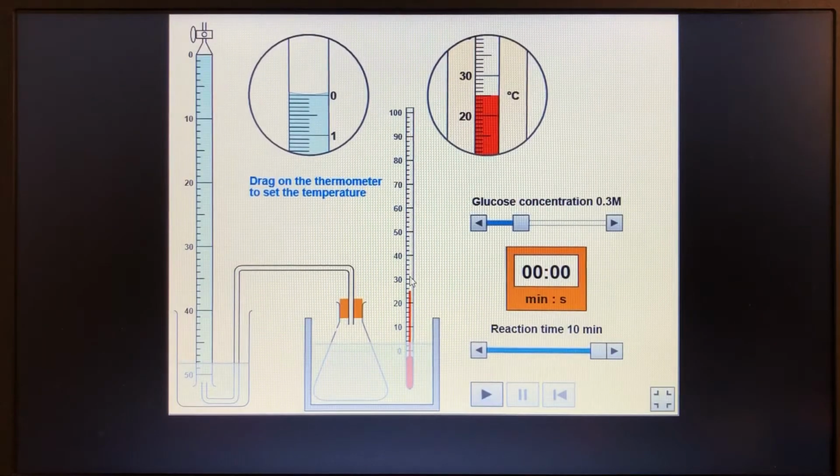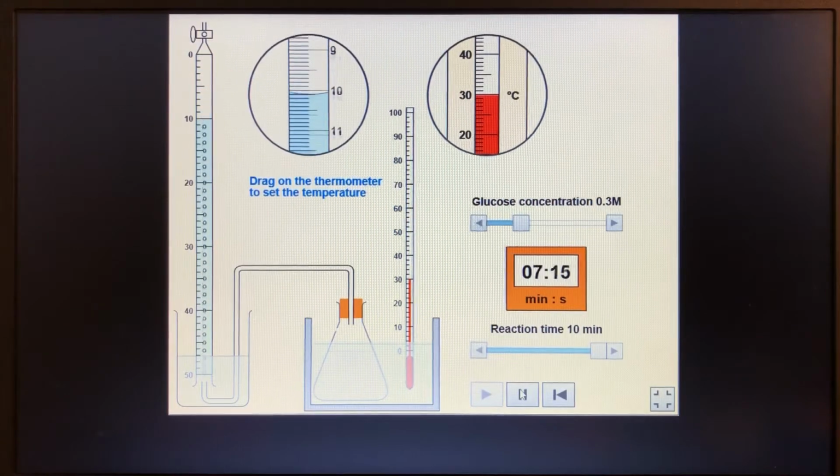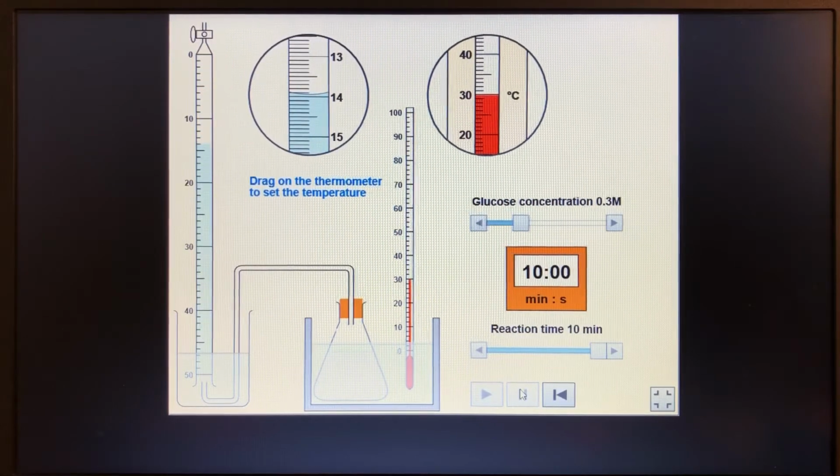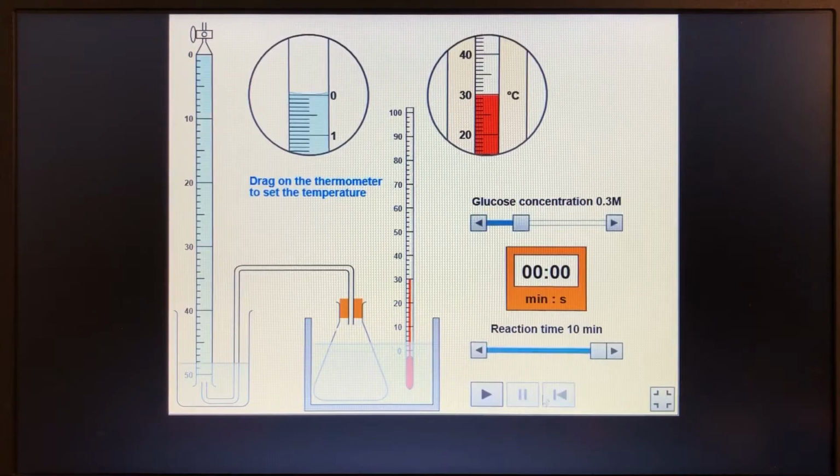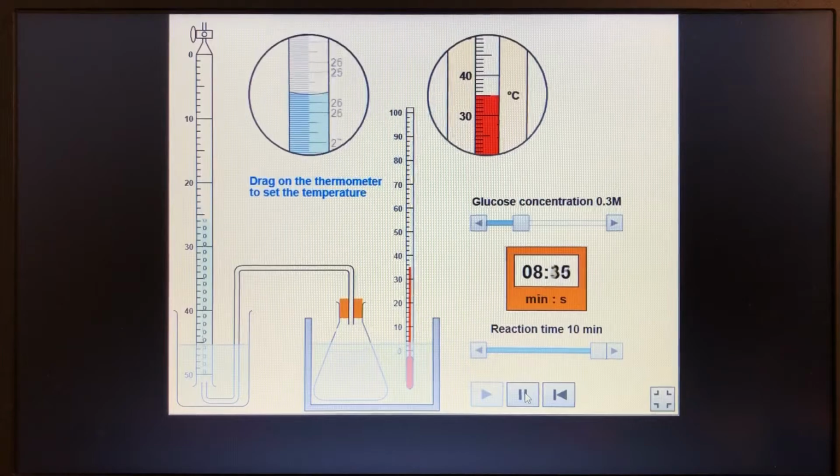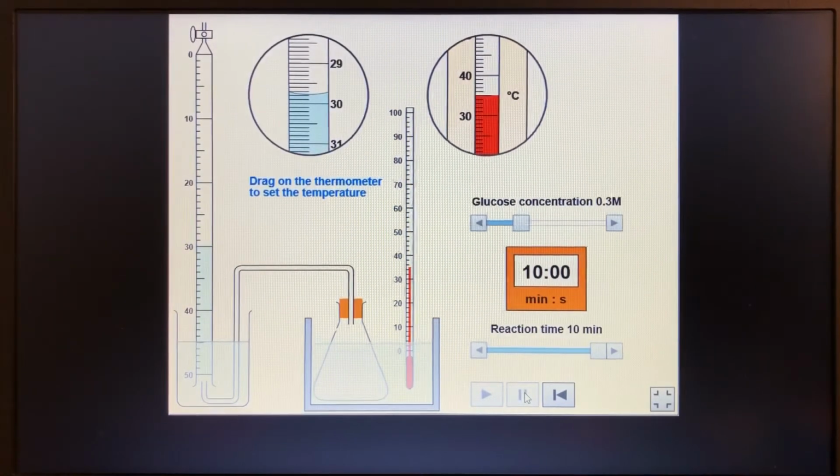And let's go for 30 degrees C. It's kind of halfway between 13.9 and 14. I think I'm going to go for 13.9. Okay, and moving up to 35 degrees C. Now we started talking about enzymes before, and we've said that enzymes like this sort of temperature, so we should get a nice big score, and there we have. So at 35 it was